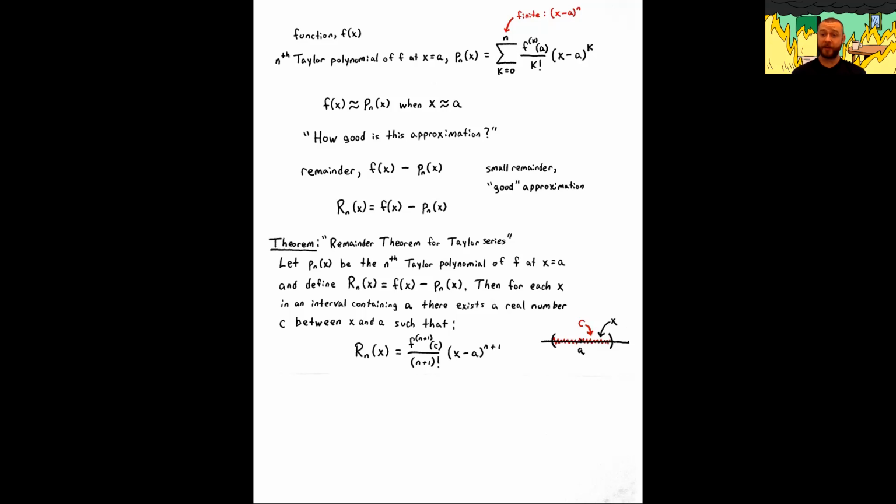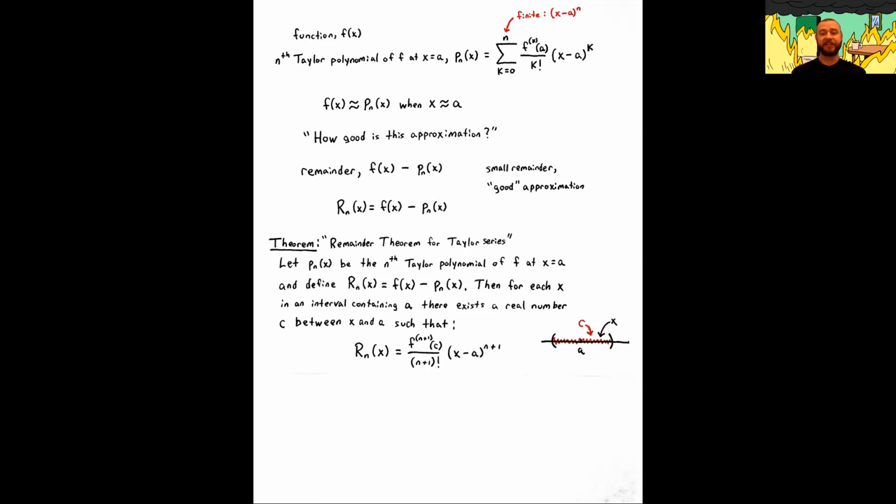We have our remainder defined as the function f of x minus the nth Taylor polynomial, and ideally we want that remainder to be small for the approximation to be good. So if we have p sub n representing the nth Taylor polynomial of a function at a,